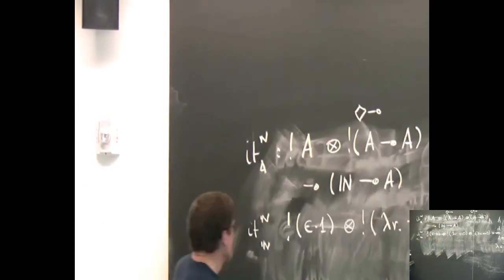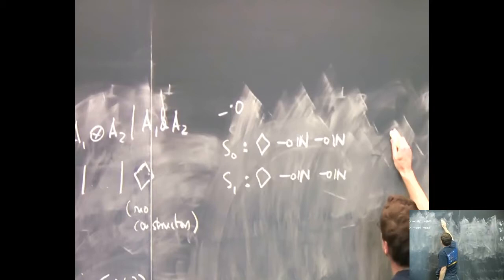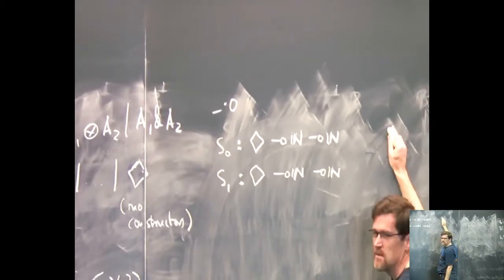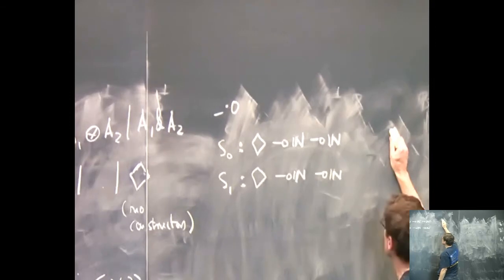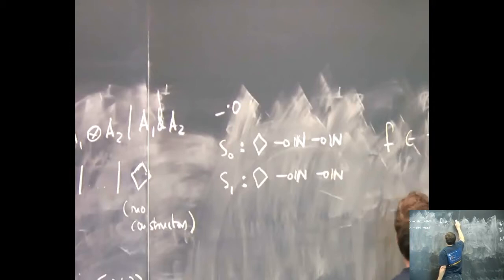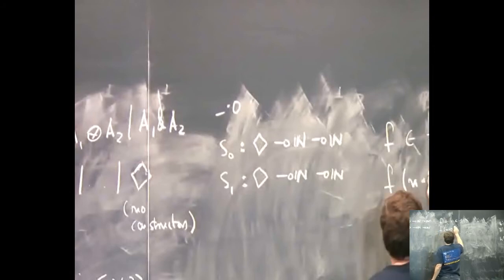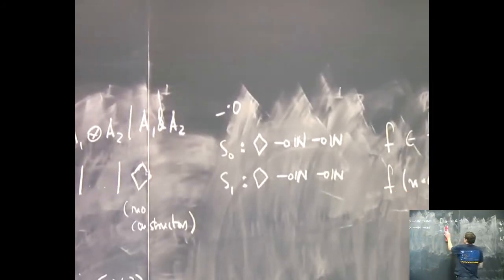Okay, so if you want to build that function again, maybe let's do it over here. Let's write it like this. We pattern match. We have our function, what did we call it? F? The very first function that just did the size. We had f of epsilon, and then we said it's epsilon 1, f of n 0. Now if you write this more formally, the pattern would be like,